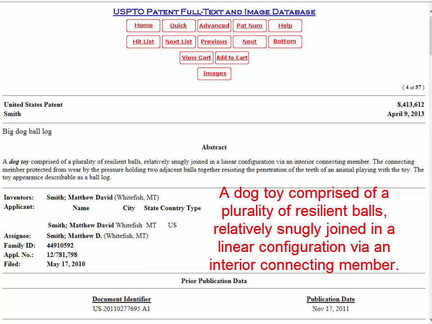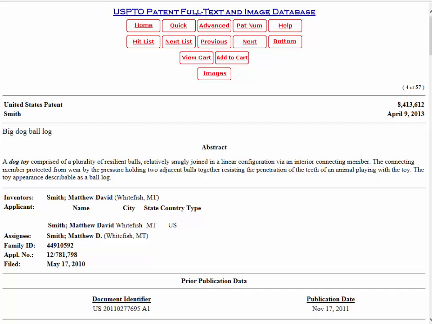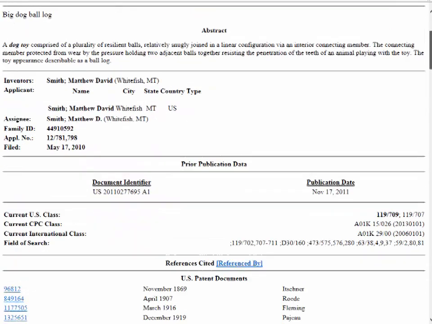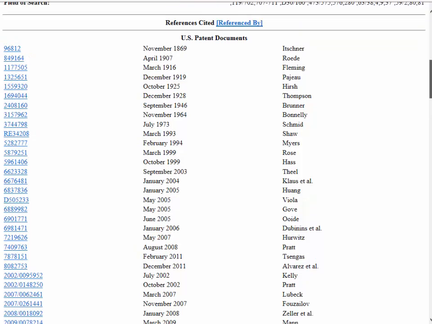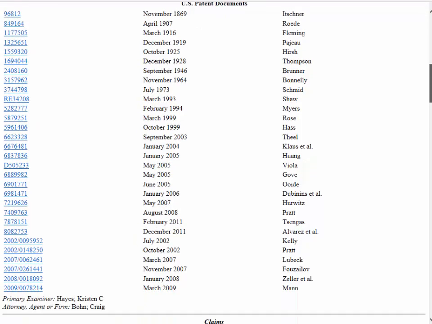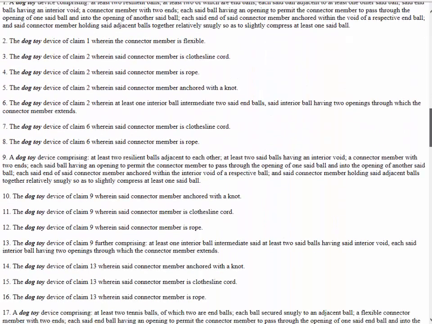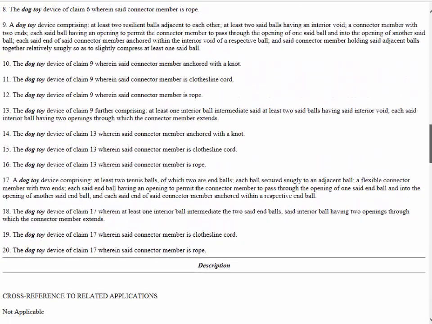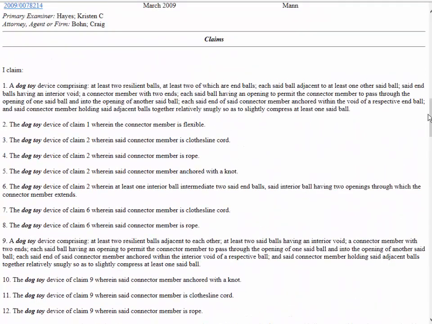It says, a dog toy comprised of a plurality of resilient balls relatively snugly joined in a linear configuration via an interior connecting member. And if you scroll down, you'll see the claims. This is the references that are cited. And then here's the claims, and just skimming them, you can see that there are 20. And the rest of them are also written in this rather convoluted style.